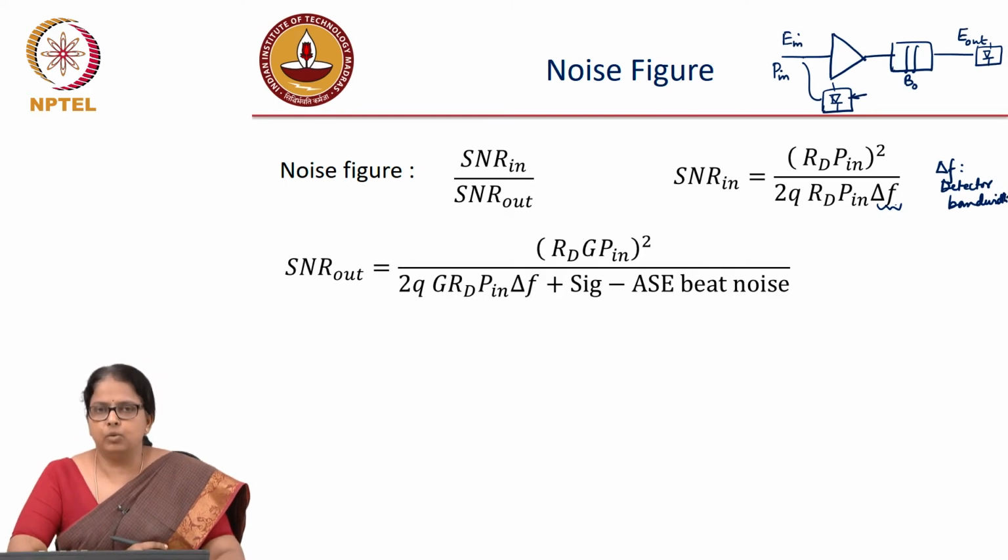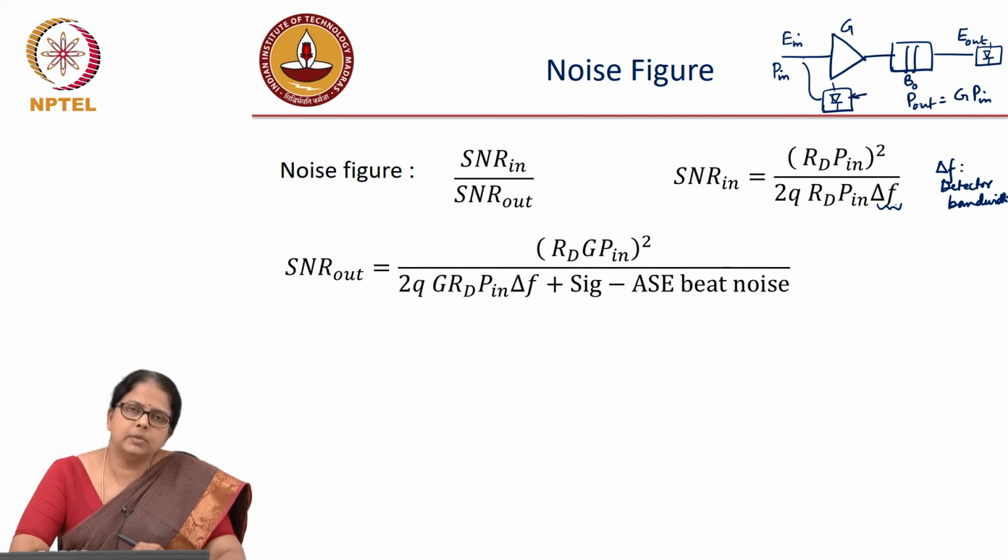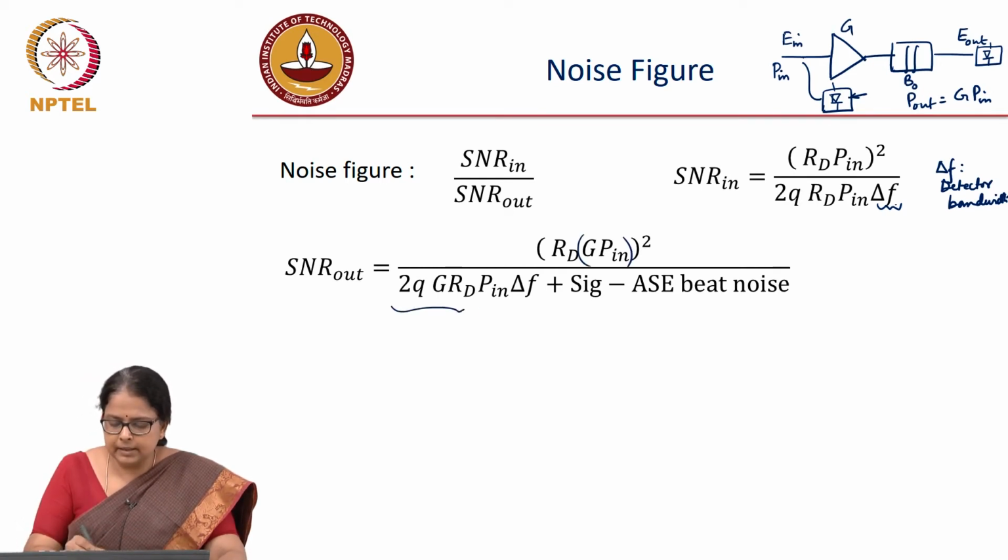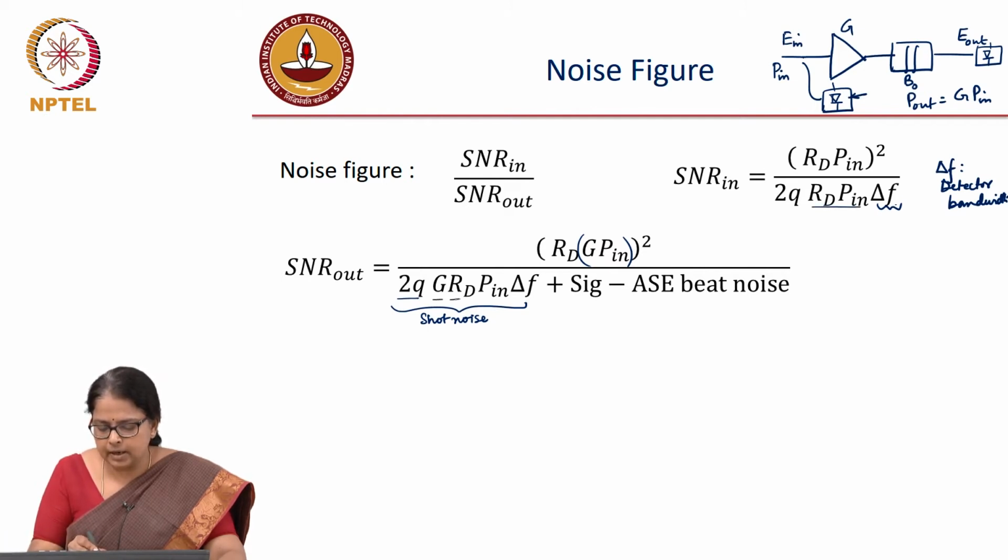Now we calculate the SNR out. You know that if G is the gain of the EDFA, the output power P out is equal to G times P in. So if you were to write the SNR out in terms of the input power, the signal power is RD times G P in, the whole square, because the power is G times P in. This is the shot noise, and the shot noise is again 2q times, instead of RD P in, you would now write G times RD times P in,